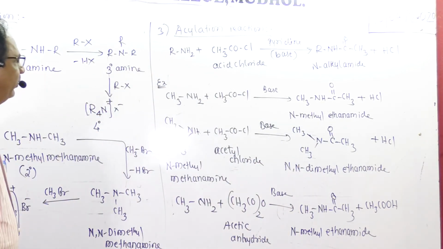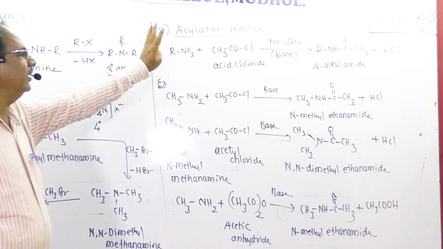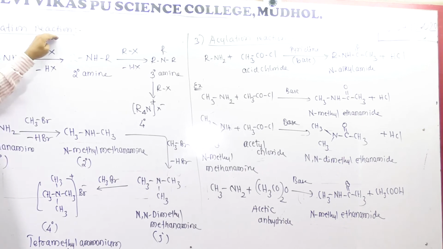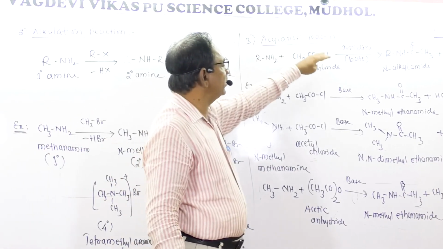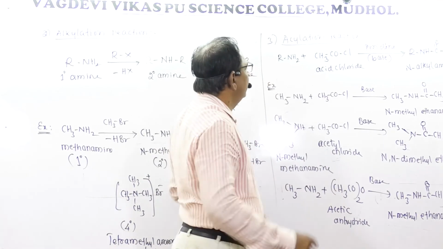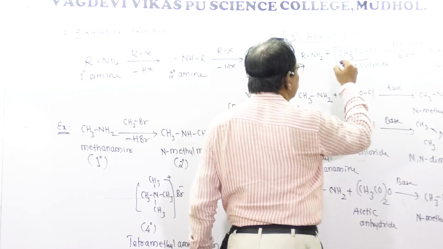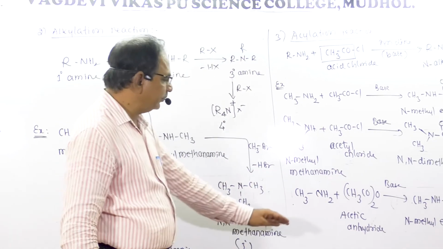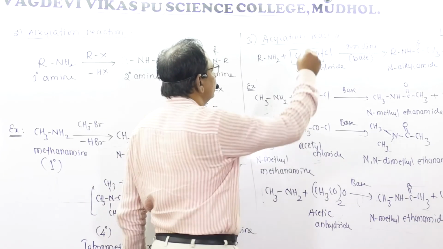So the difference between the alkylation reaction and the acylation reaction: substitution of alkyl group is called the alkylation reaction and substitution of acyl group is called the acylation reaction. So the acyl group here is the CH3CO group. Again, instead of an acyl group, if you use the C6H5CO group,